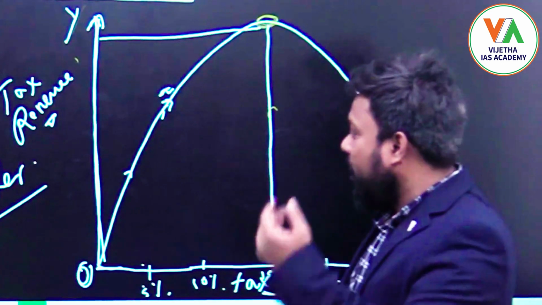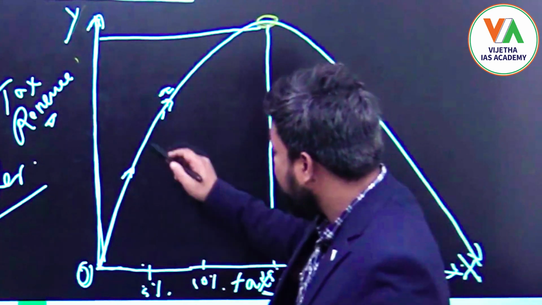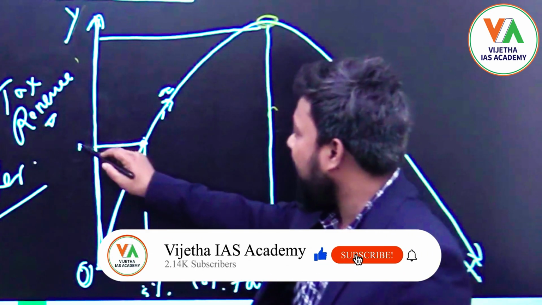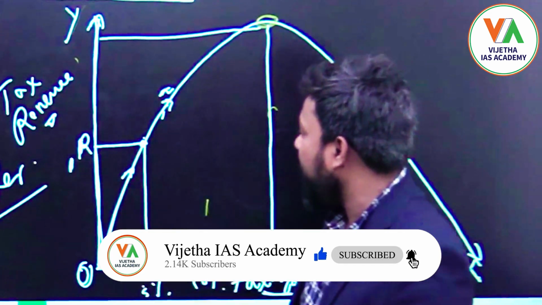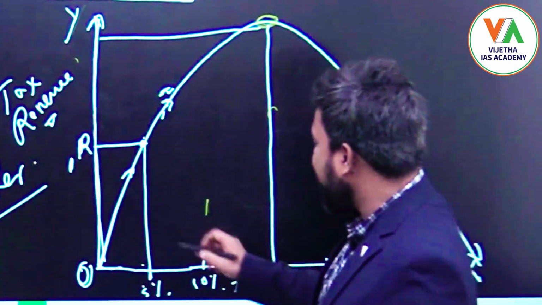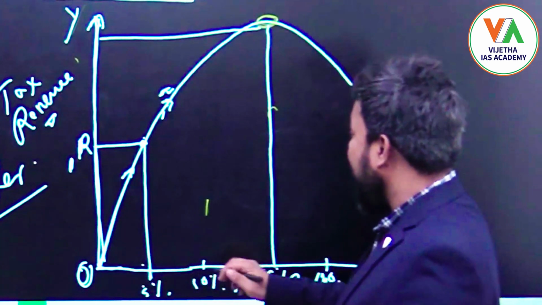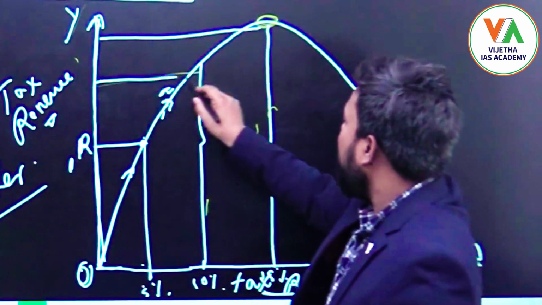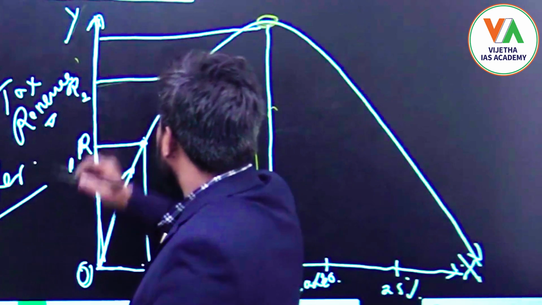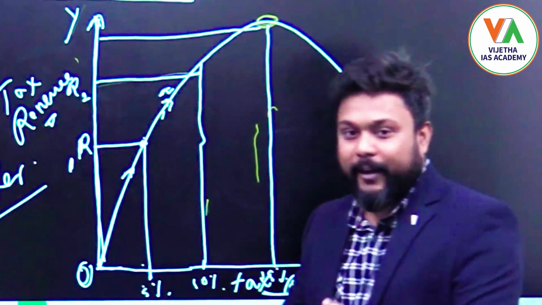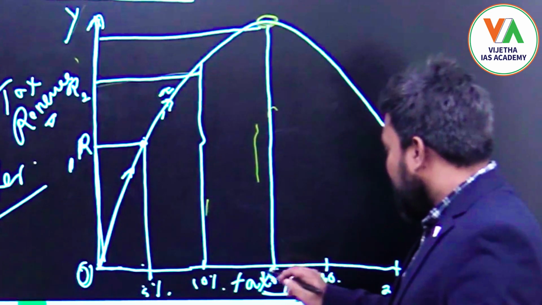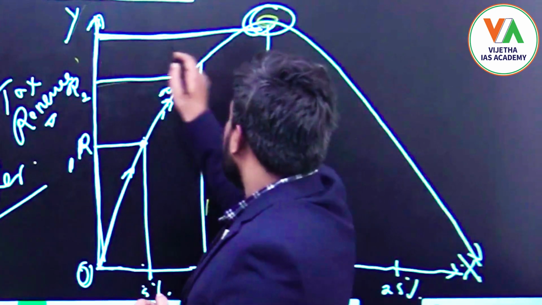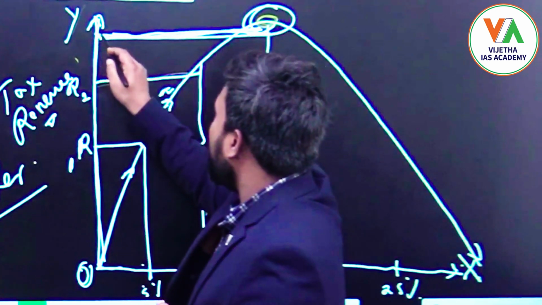So initially, when the government increases the tax rate to, let's say, 5%, the revenue collection at this point we'll say is R1. Again, the government increases the tax rate from 5 to 10%. The revenue also increases, which is R2. When the government again increases the tax rate to 15%, the government gets the maximum amount of revenue collection,